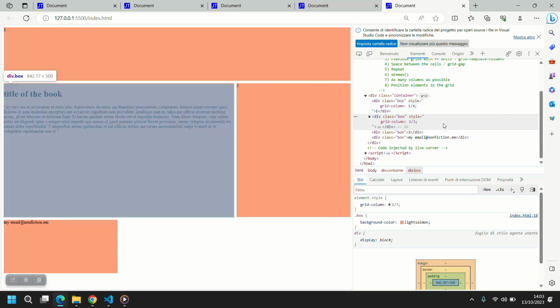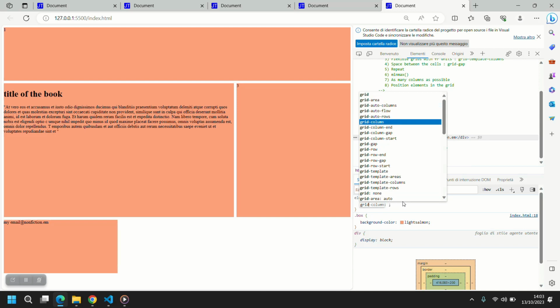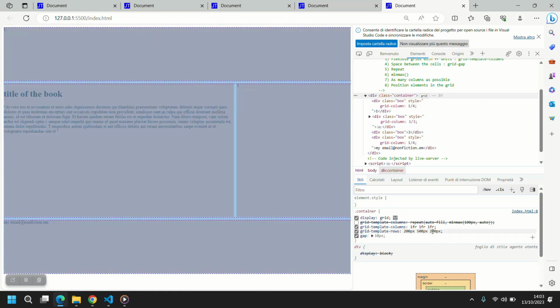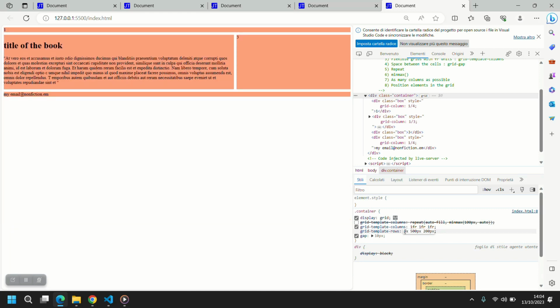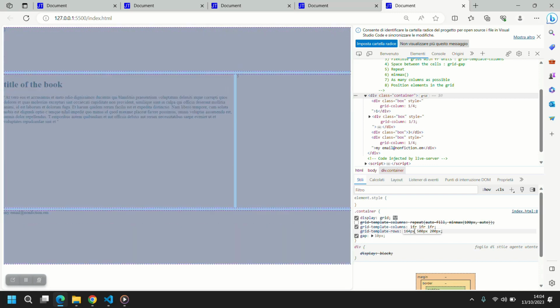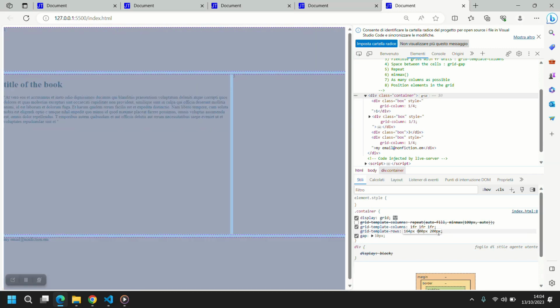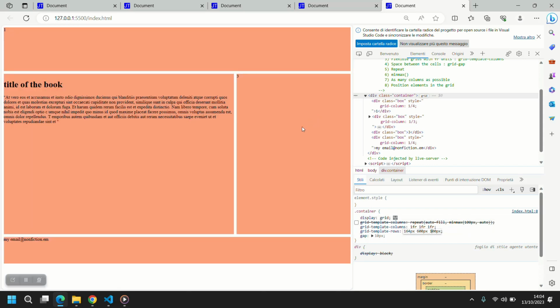Last, grid column 1 to 4, and then let's adjust in the container our template rows, in pixels: 160, 140, 600, and 100. Okay, like this, as you see,